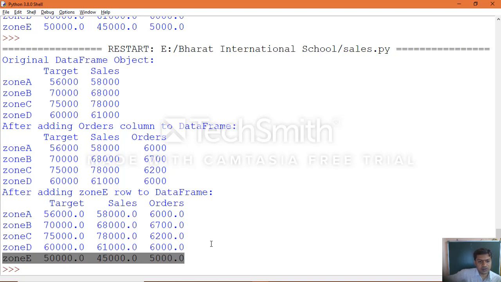But you should be careful when adding a column: the values you specify should match the indexes. In the same way, when adding a row, it should match the values for the existing number of dimensions, the size of that data frame object. Otherwise you will get a value error. So that is how you can practice.